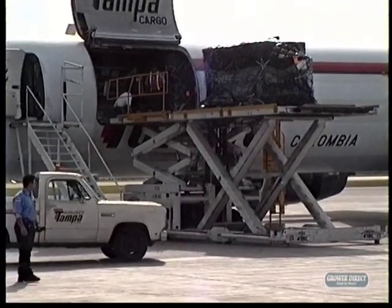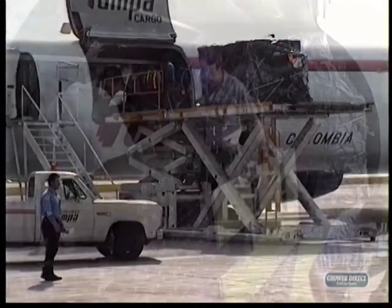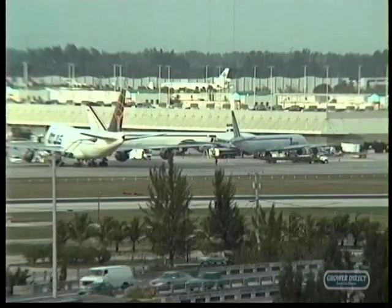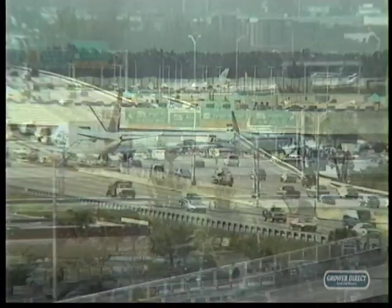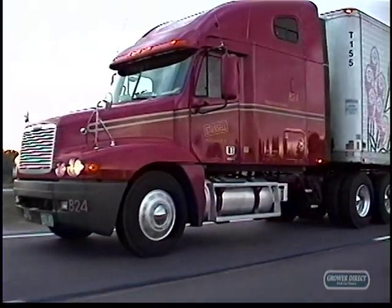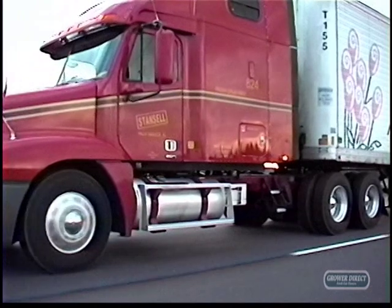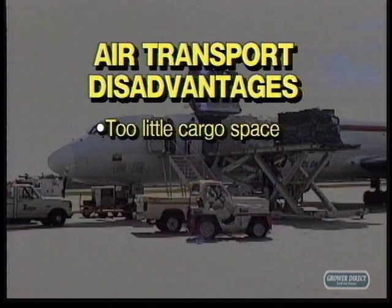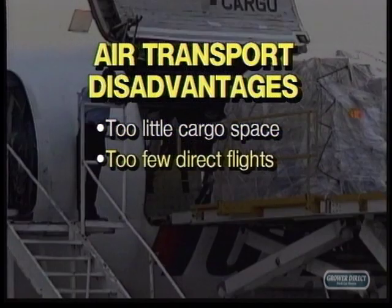You've already seen how effectively we use air transport on the first leg of our flowers' journey. But within North America, as efficient as the air transport system is, it just can't compete with trucks on the open highway. Briefly, here is the downside of air shipment. First, North America's air carriers just don't have the space that's needed for all the flowers our consumers demand. Second, there aren't many direct